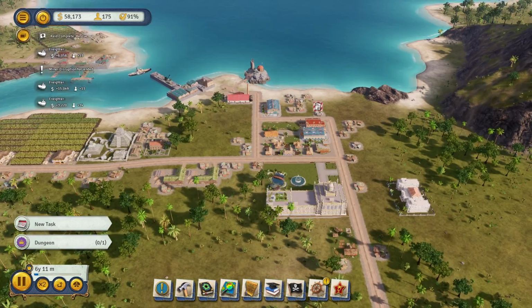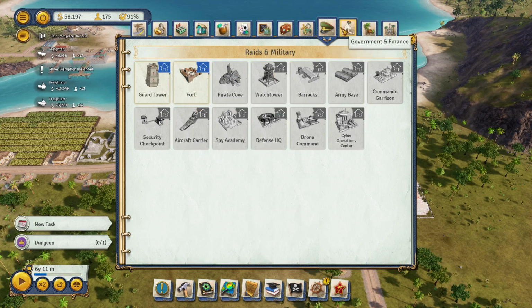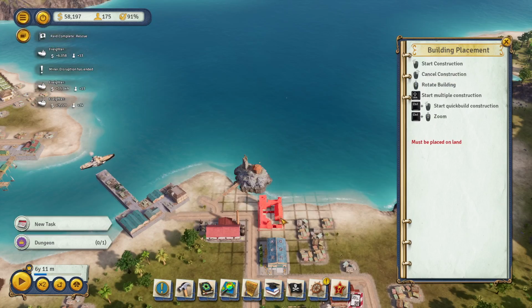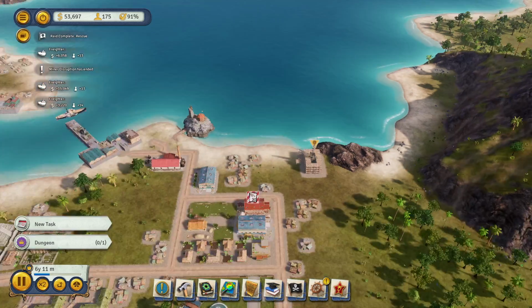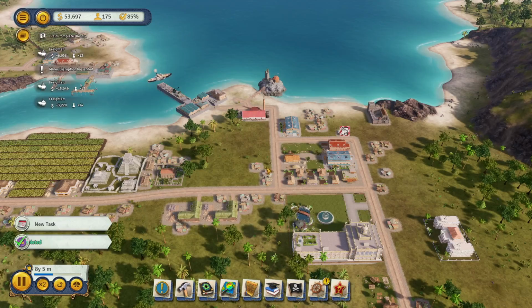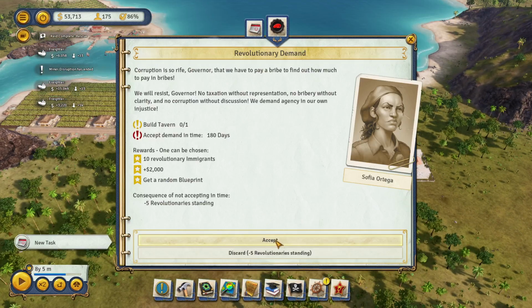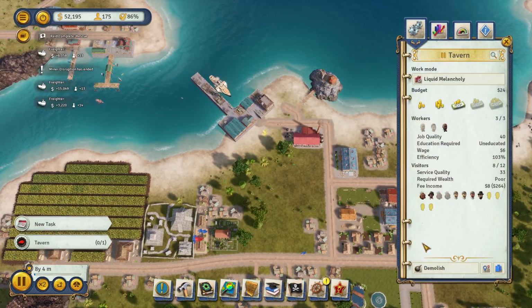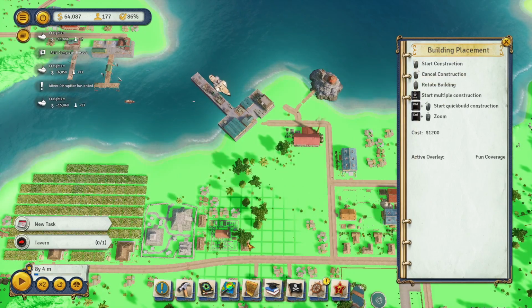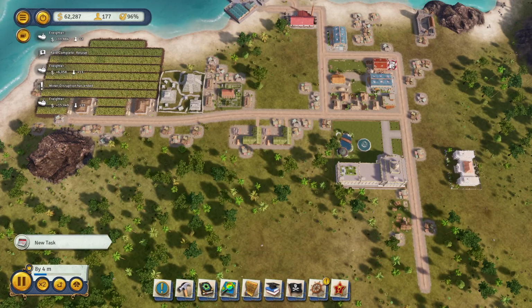So, okay, let's build the dungeon before I get distracted on that. Government buildings. Well, you did the right thing, which is... Corruption is so rife, Governor, that... Okay, yeah, she likes taverns. Our revolution is as yet only marginally glorious, but with your continued support...